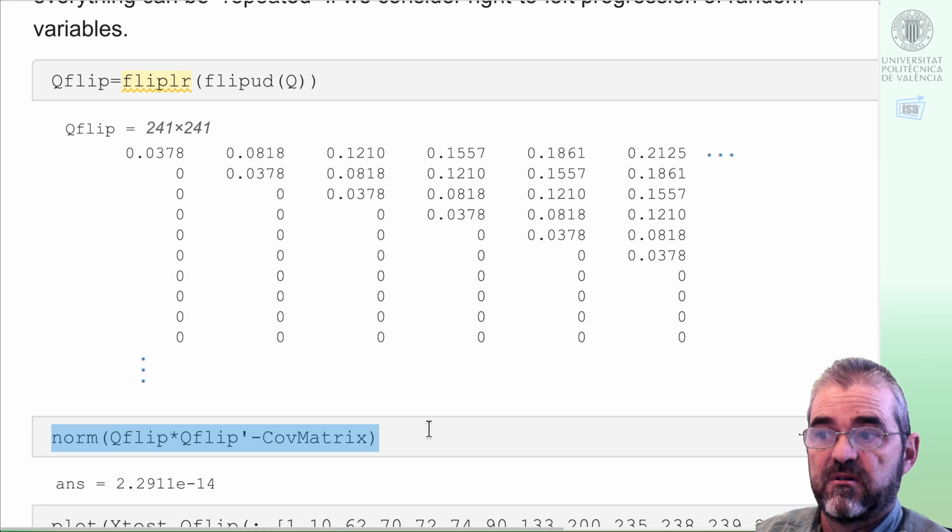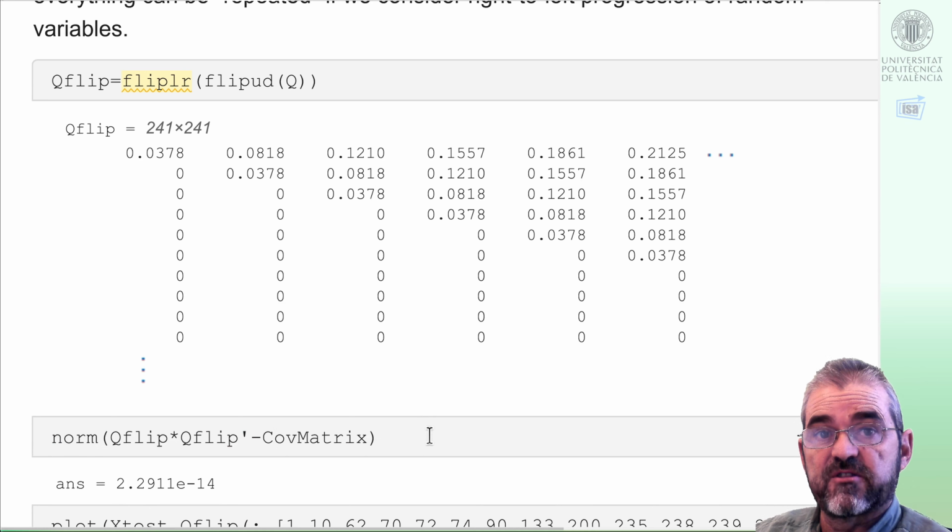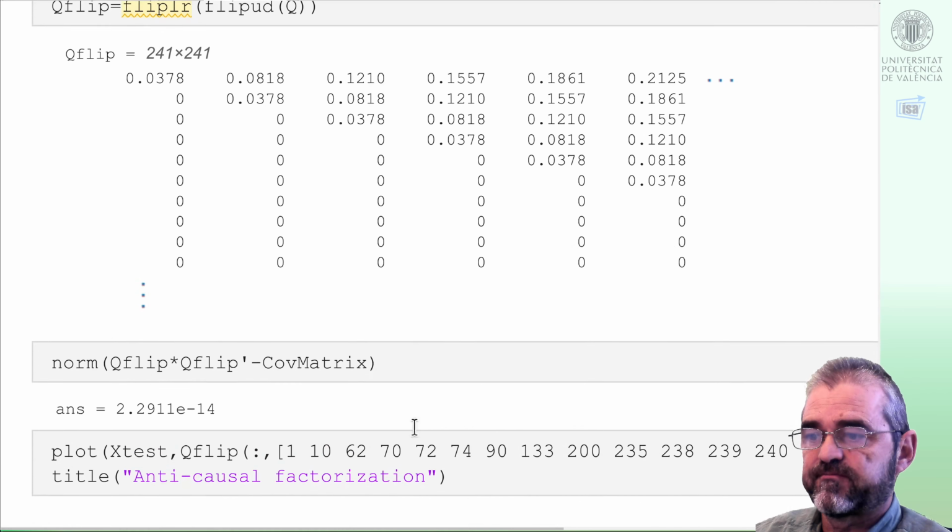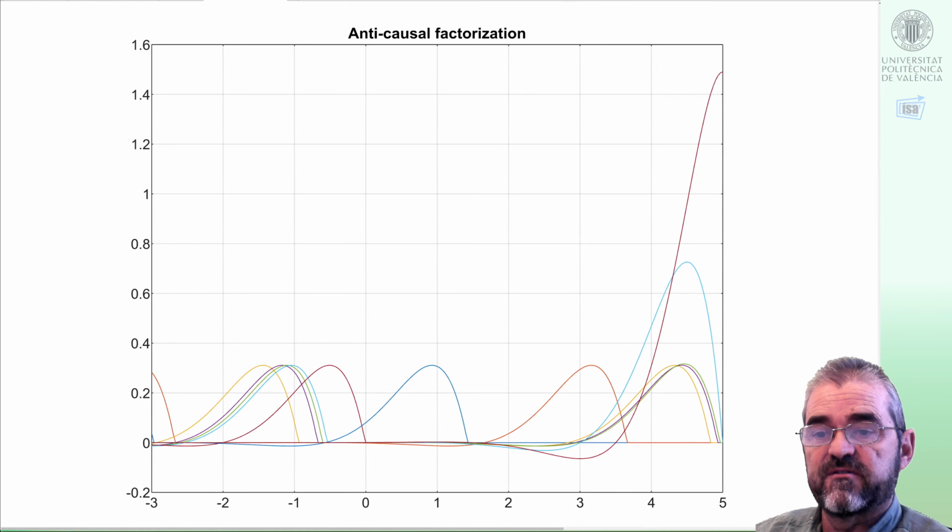So that is anti-causal. But in statistics, as correlation or covariance does not imply causality, the meaning of causal or anti-causal is just a matter of conceptually reordering my variables. If causality means something to me because I am exploring physical applications of these random variables, time series, whatever, then it's up to me. For MATLAB, there are 241 variables that can be arranged in any way I wish. So if I build them left to right, it was the previous animation, and if I build them right to left, then this is the other triangular factorization, and these are the columns of the anti-causal Cholesky factor, which are just the same ones as the causal one,